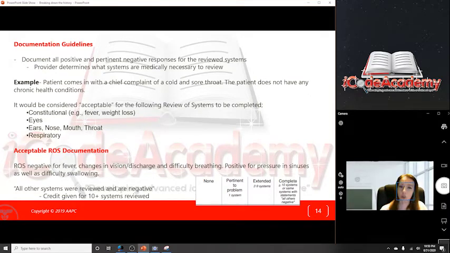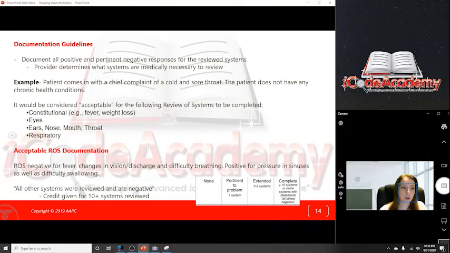It would be unusual for a provider to ask maybe about neurological issues or maybe skin issues if the patient just is coming in with a cold and sore throat. But again, that extent of review of systems is up to them. So let's take a look at some of the documentation as far as the review of systems statements are concerned